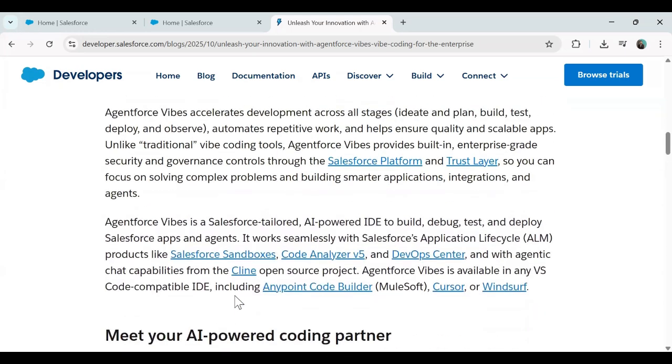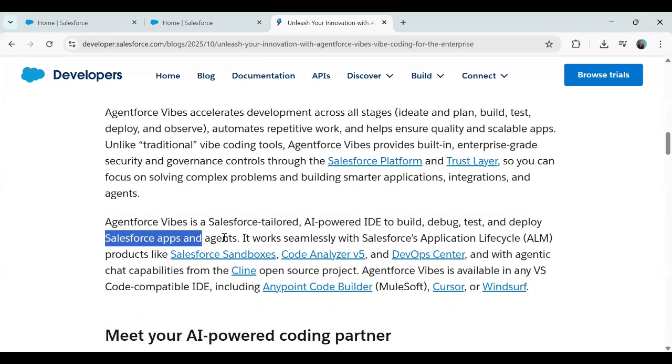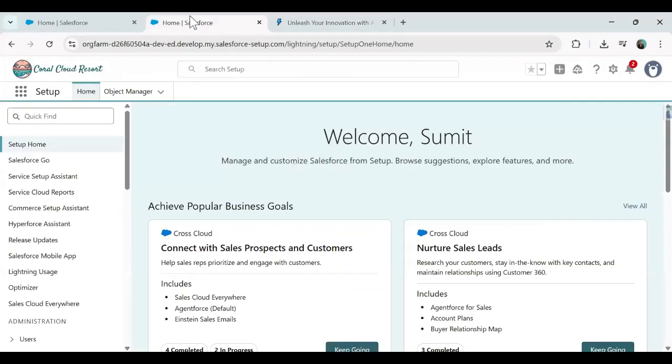So today we are going to understand how to use Agentforce Vibes in Visual Studio Code in order to create a new Lightning Web Component along with an Apex class. Agentforce Vibes is a Salesforce-tailored AI-powered IDE to build, debug, test, and deploy Salesforce apps and agents. So let's proceed with this. Let's begin. For this, the first step is we need to quickly check in our Salesforce org whether